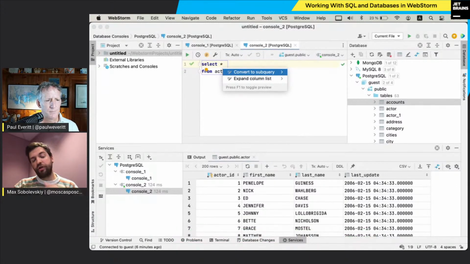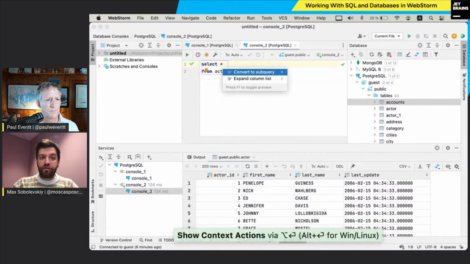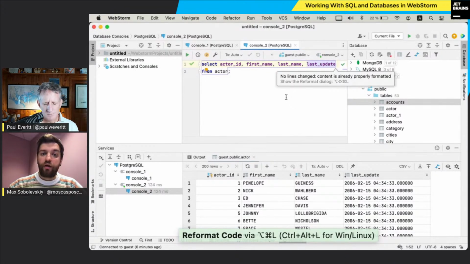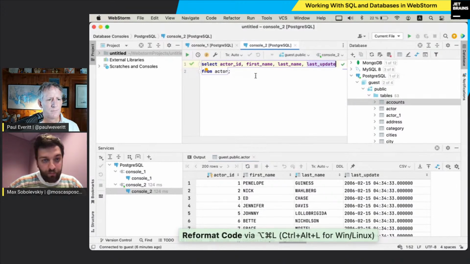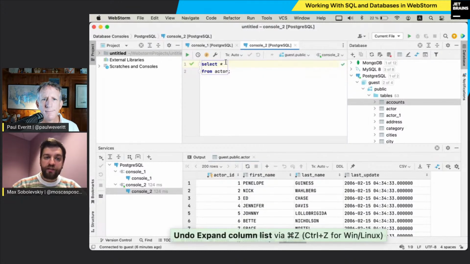The first intention tells you that you can convert it to a subquery. Okay, yes, it's done. But the other intention tells you that you can expand the column list, and you actually see all the columns expanded from the active table. So I really advise you, every time you see that something can be changed, try Alt-Enter, and that'll be super fine. And by the way, this expand column list works not only for tables,